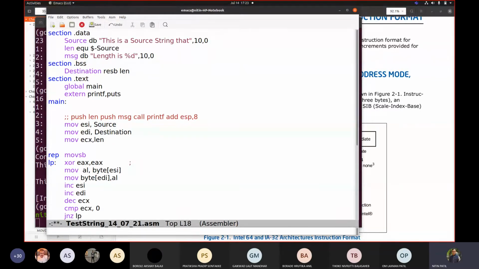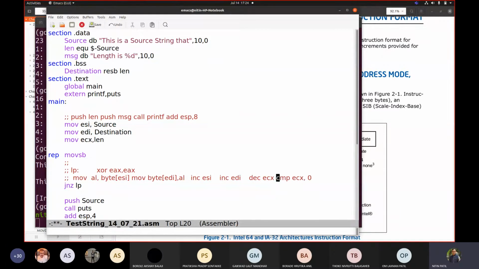So let me write REP here. Now let me comment out this code. You will see that this would be automatically taken care of.